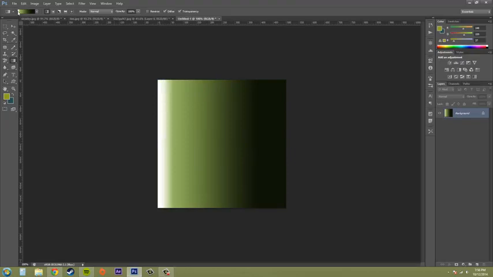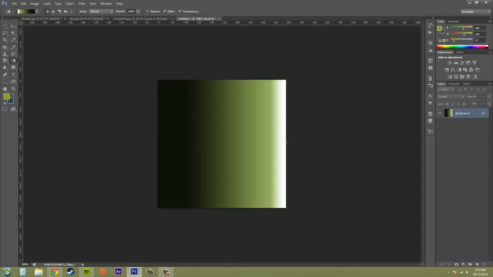And the gradient will start from where you clicked. If you look at the image up here on the left, it'll start from the left on your gradient sample, and will end where your mouse was. It'll end on the right in your gradient sample image. So what I'm trying to say is that if I decided to go from right to left with this, the whole gradient is going to flip-flop,